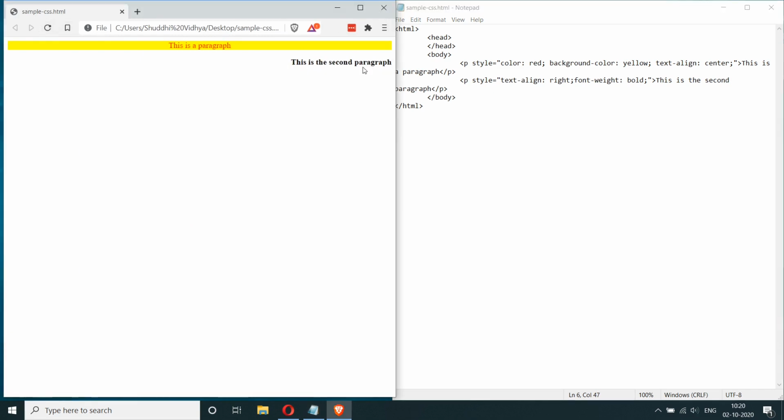You can see here it changed from being normal weight and then it became bold. This is just like in Microsoft Word when you click on the bold button. It becomes bold. Just like that, we can specify it to be bold. We can also specify this to be normal and it will go back to being normal, which is the default. There you can see it's become bold now.